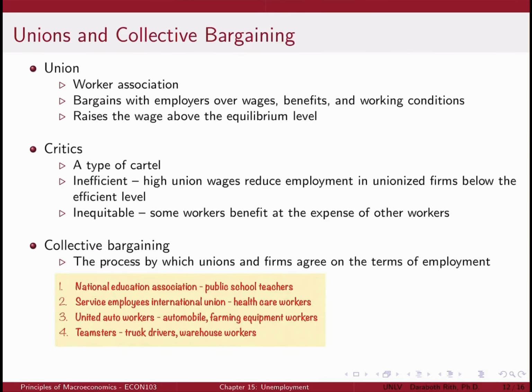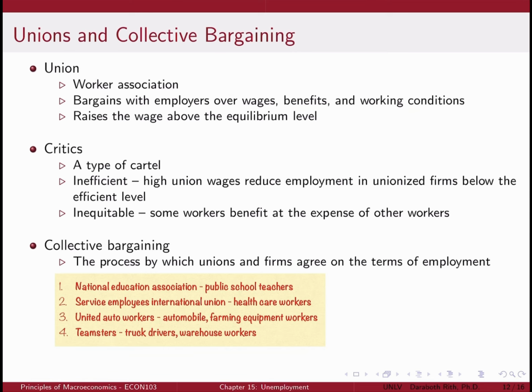Here, let's discuss the impact of wages being kept above the equilibrium level and how this can lead to unemployment. This situation can occur due to several reasons, including the presence of unions. First, unions are worker associations that negotiate with employers over wages, benefits, and working conditions. Although unions play a smaller role in the US economy today compared to the past, they are still quite prevalent